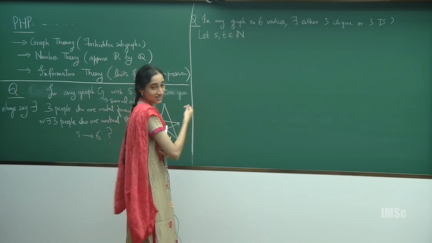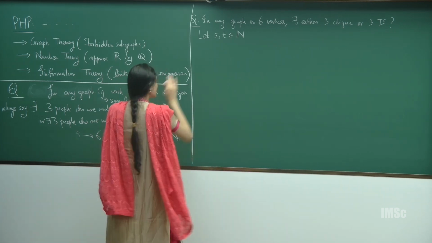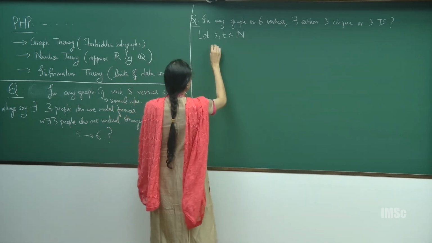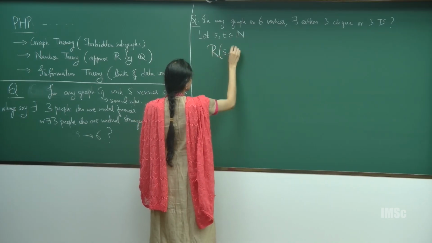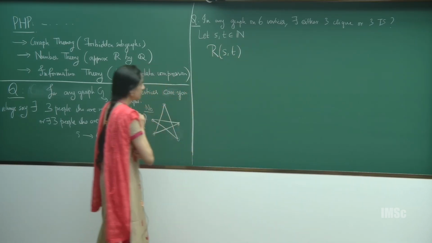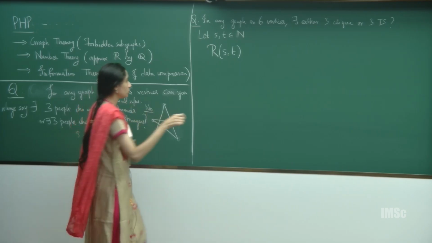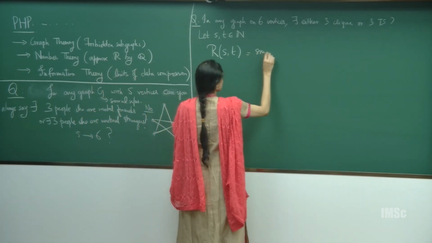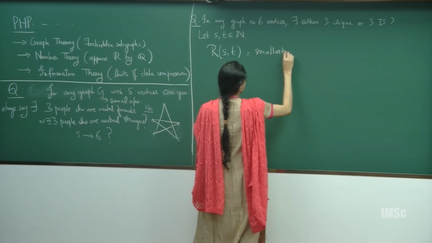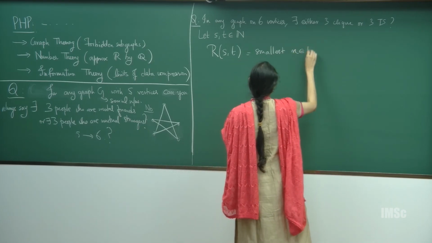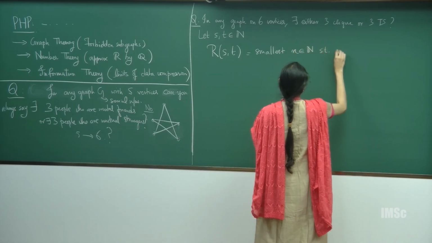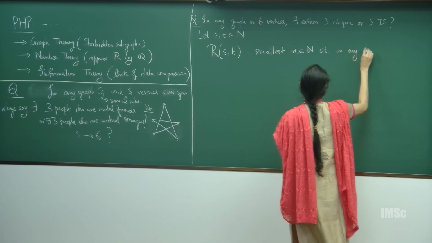Okay. So if you have not seen this, we will see this today. S and T are two numbers. I'm going to call R(S, T) the smallest number n, which is also a natural number, such that in any graph